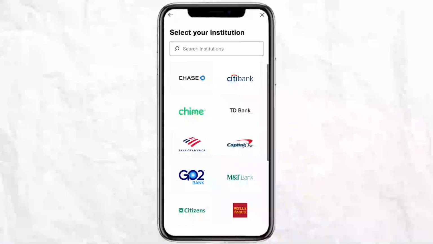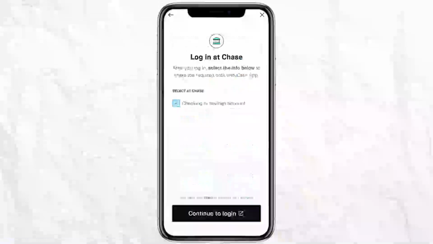link to your Cashapp. Since we want to link our Chase Bank to Cashapp, we just have to select the Chase Bank. You can see on my screen Chase Bank is at the top, and if you don't find your Chase Bank, you can simply go to the search bar and manually search for your Chase Bank to link it to your Cashapp. I'm gonna select Chase here, and here I have to log in at my Chase Bank account,